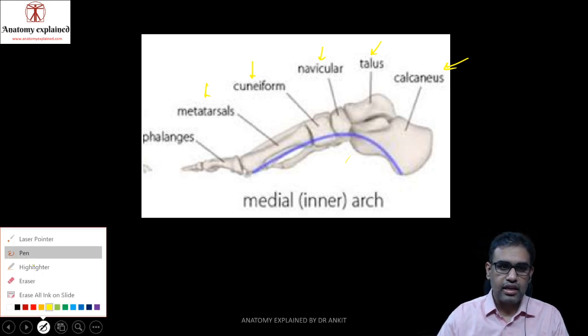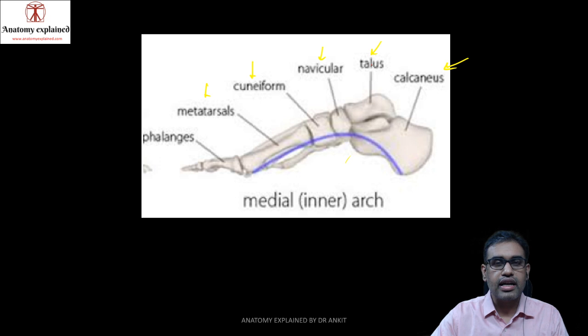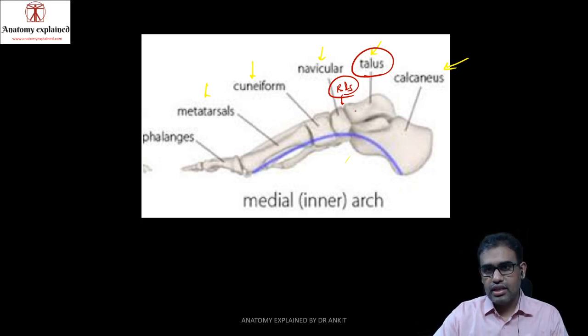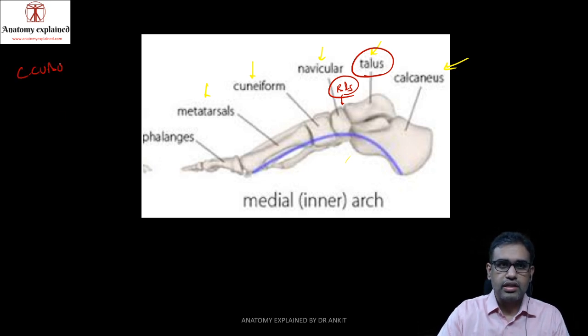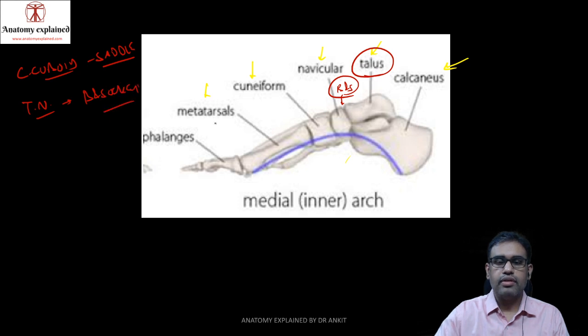You can see in this diagram that the bone sitting at the summit is our talus. Its head is a rounded shape. It forms a sort of ball and socket joint with the navicular, so that forms a ball and socket type of synovial joint. The calcaneum on the other hand forms a sort of saddle joint with the cuboid. So the calcaneocuboid joint is a saddle variety of synovial joint, and the talonavicular joint is a ball and socket type of synovial joint.